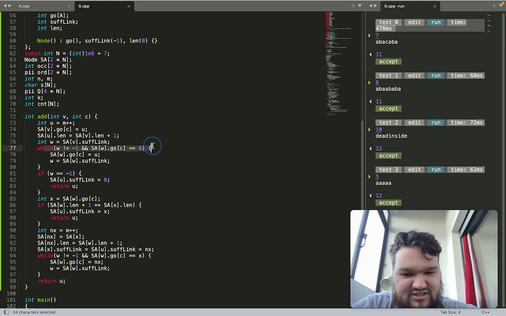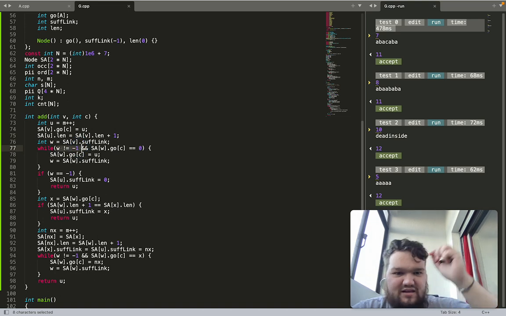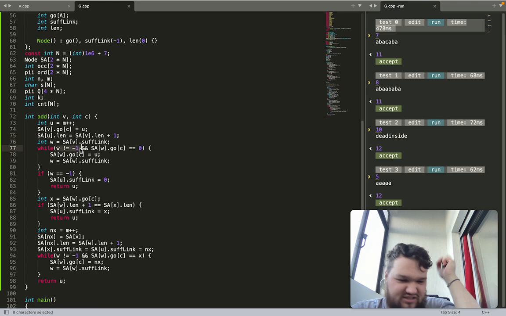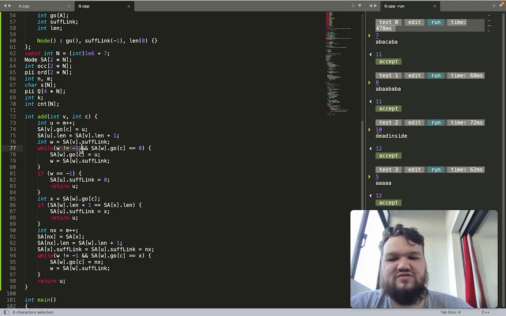At some point I will stop. I will either go out of my tree of suffix links, so up to the root there was nothing, no edges with letter C,